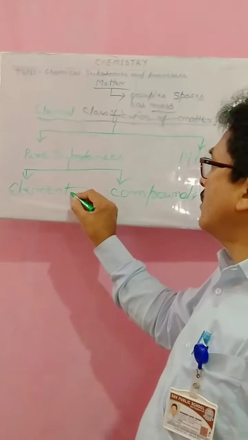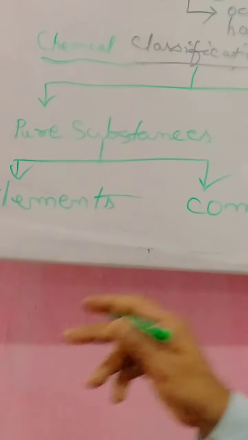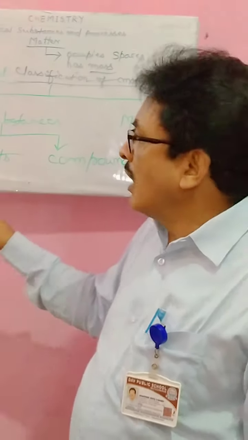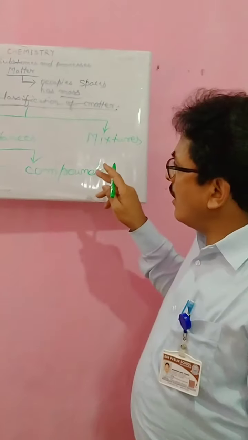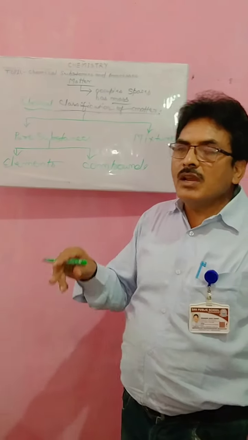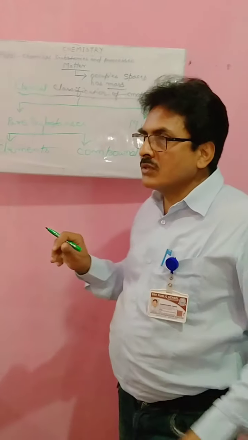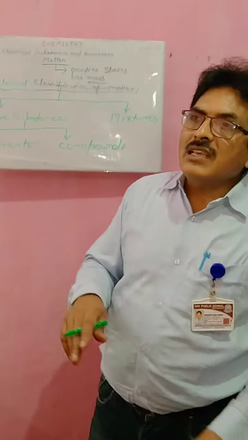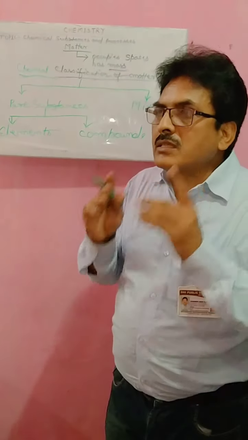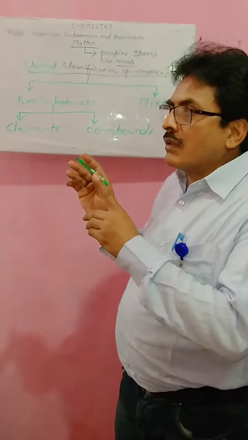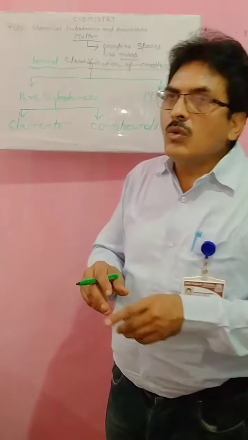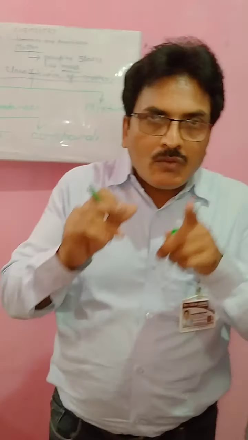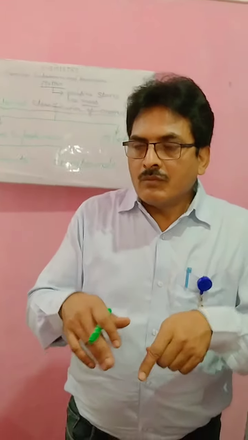Elements and compounds. An element is that type of pure substance which is made of the same kind of atoms, and a compound is that type of pure substance which is made of the same kind of molecules. Well, earlier the element was considered the smallest substance of matter, meaning the element was so simple that it cannot be simplified.